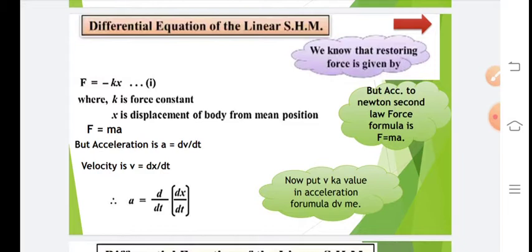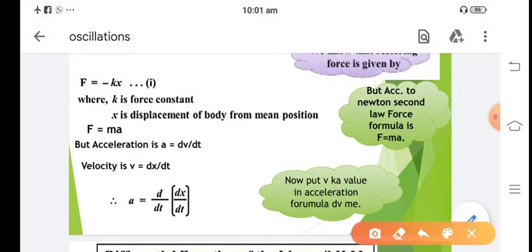So we know that the restraining force is given by F is equal to minus kx, where k is the force constant and x is the displacement of the body from the mean position. So you should know about the mean position and extreme position. But according to Newton's law, force is equal to mass into acceleration, that is F is equal to ma,